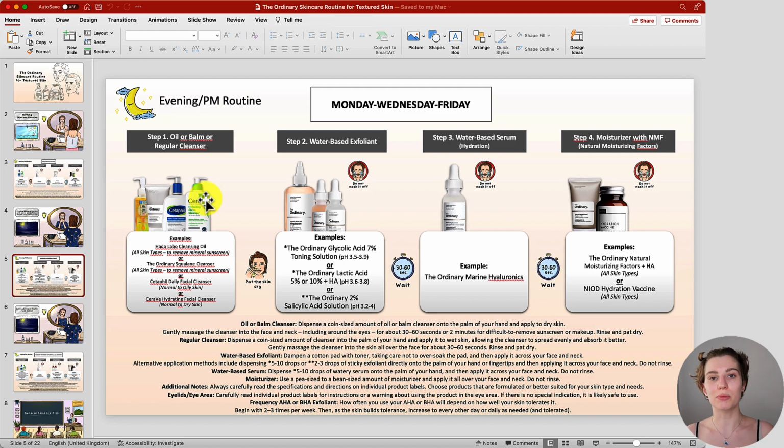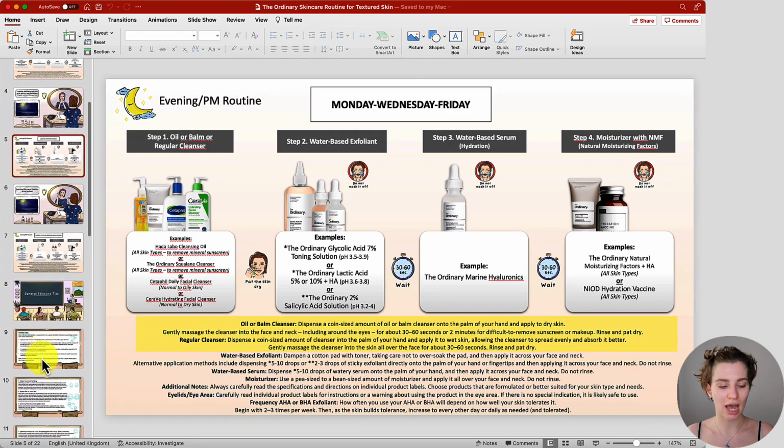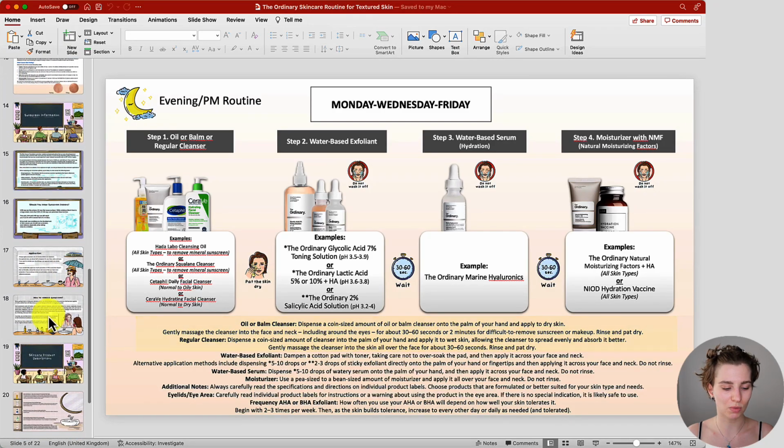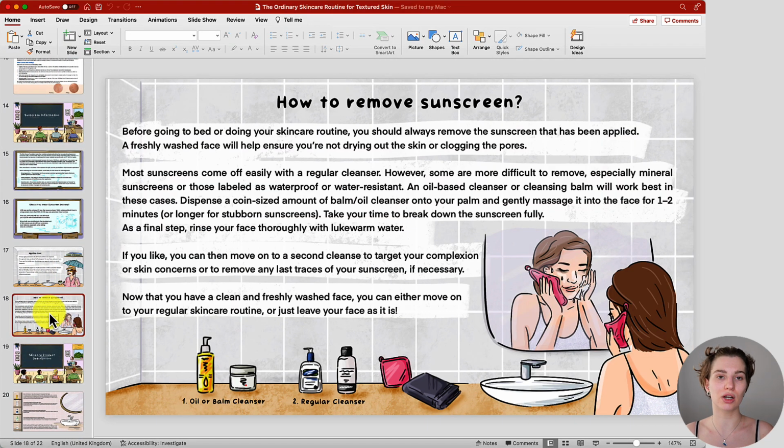However, if you have used a mineral sunscreen, heavy makeup, or even extremely pigmented makeup, then I recommend working with an oil or balm cleanser to properly break it down before continuing with the rest of your skincare routine. You have the general guide below, but I do have a specific guide for you about the sunscreen removal as well. You could either go ahead and do a double cleanse, but I highly recommend using a washcloth in between. This can make a huge difference. So if you want to see the application, or let's say the removal of your sunscreen and or makeup, I have a video for you in the top right corner.